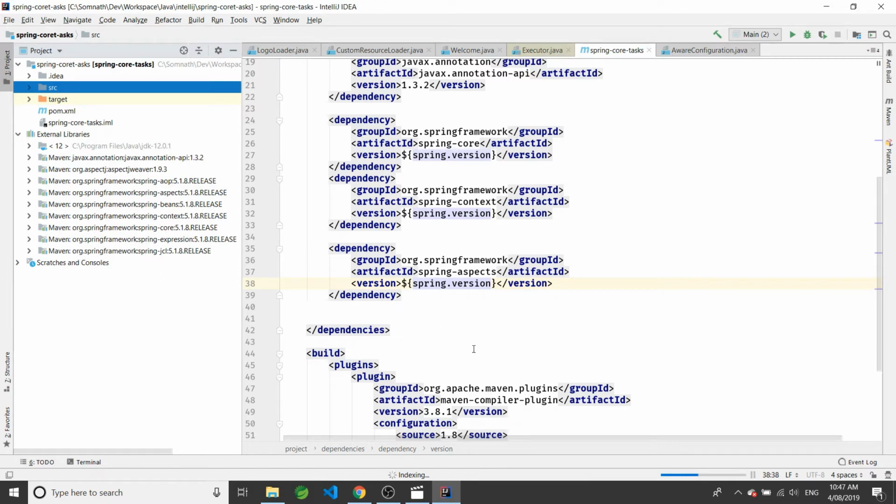Okay, if we check the libraries, once Maven finishes the dependency download, we can see the following jars are added: Spring Framework, Spring Aspects, and AspectJ Weaver. So we are ready to write our aspect and all other advices.